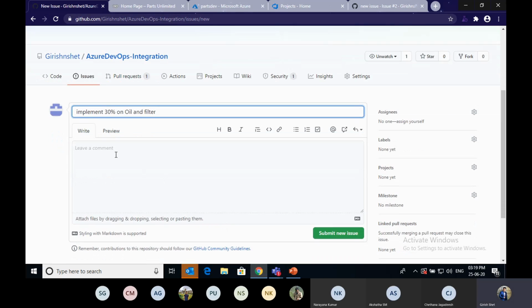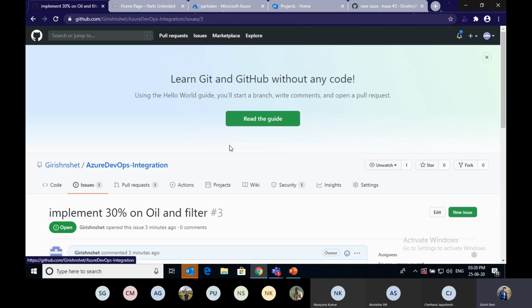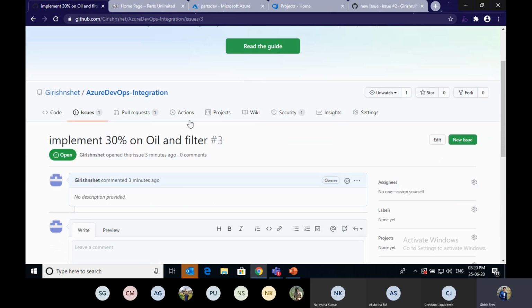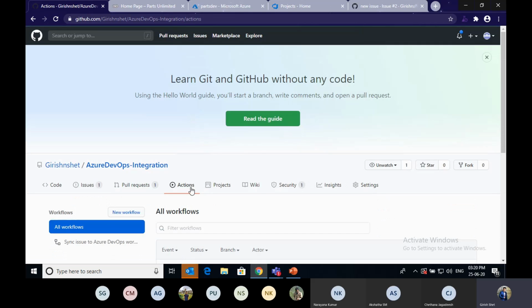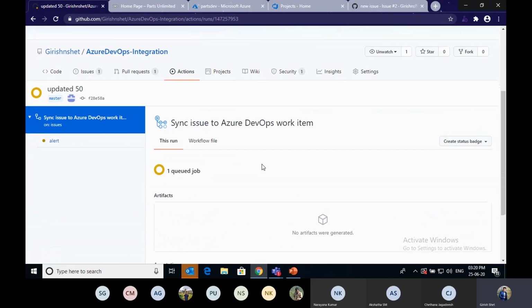For the new requirement, I'm going to submit a new issue here. Whenever the issue is created, my action should get triggered. You can see my action has been triggered: implement 30% oil and filter.